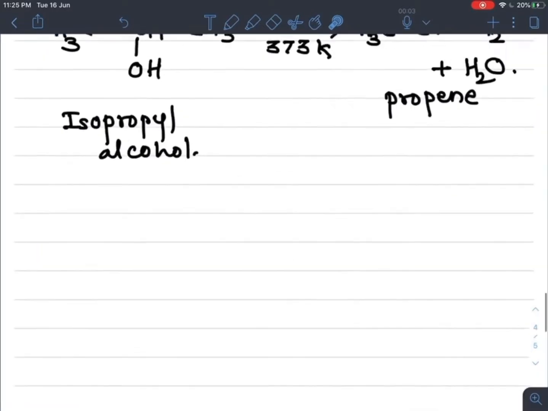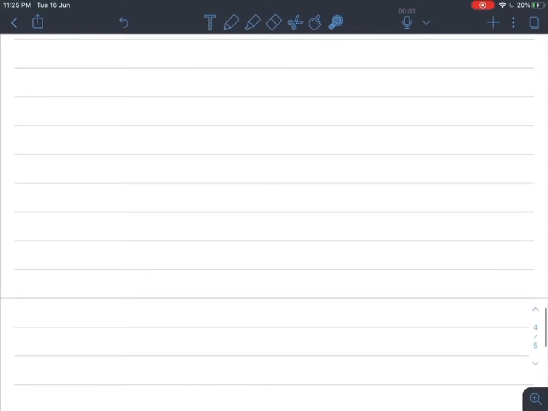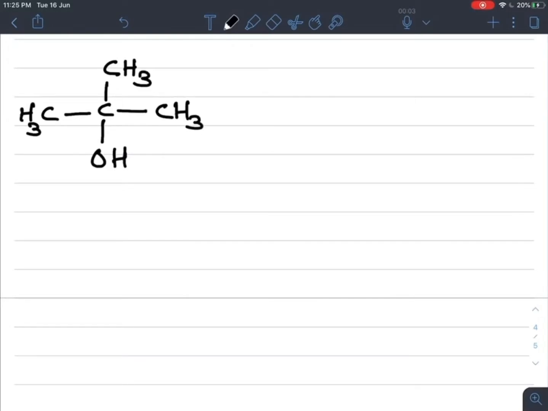If we take a tertiary alcohol, what is meant by tertiary alcohol? Tertiary alcohol means the OH group is attached to a tertiary carbon atom. So what is meant by tertiary carbon atom? A tertiary carbon atom is a carbon atom which is attached to 3 other carbon atoms. So this is a tertiary carbon because it is attached to 3 carbon atoms, and the OH group is attached to it. Now complete the valency of each carbon by hydrogen. We will get its structural formula.